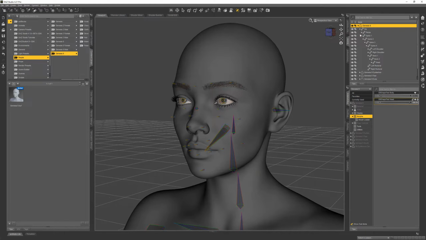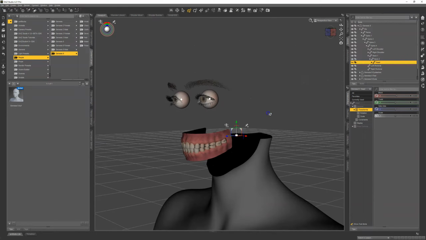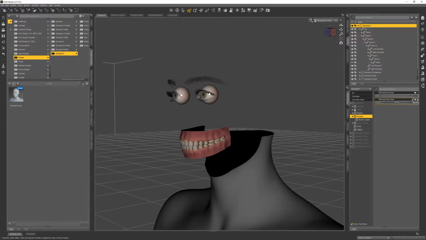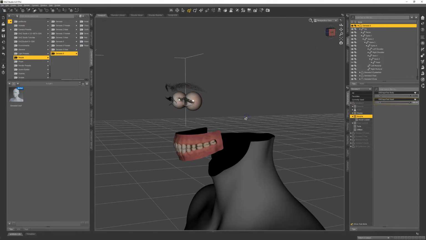All right, now on Genesis 9, you actually don't have to worry about the mouth too much. Well, I'll show you. All right, so as we dial up the head morph, you see the mouth is moving. It's automatically moving, but it's not distorting. And that is good because most of the time you're not going to change the shape of the mouth. The only bones in the mouth that actually need to be rigged are the tongue bones. And the only time you ever have to deal with the tongue bones is if you make a morph that changes the shape of the tongue. In this case, I didn't. Most characters are not going to change that shape of the tongue, and so most of the time you don't need to do it. But if you do find that you have